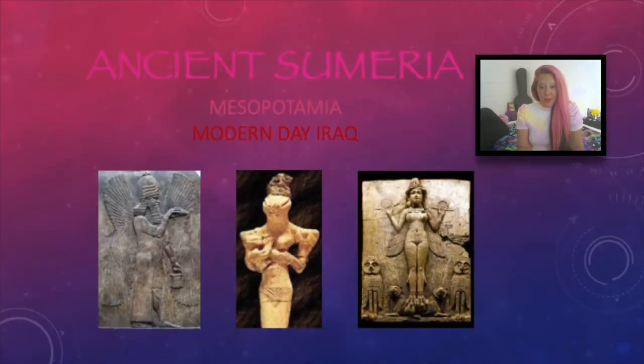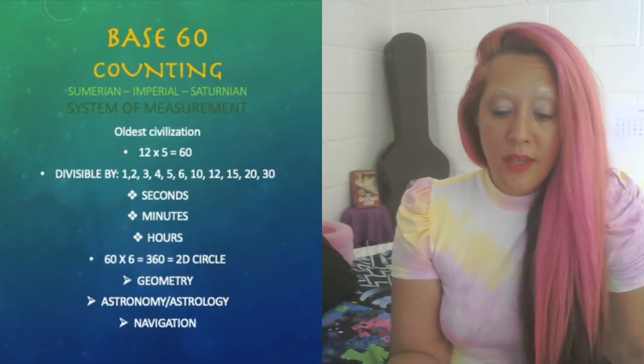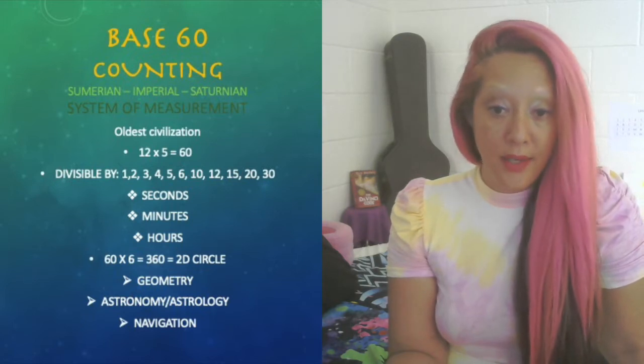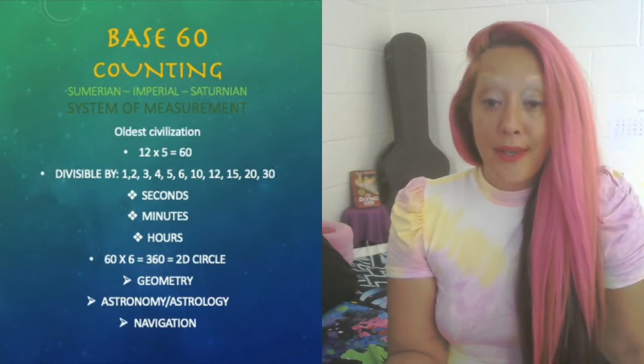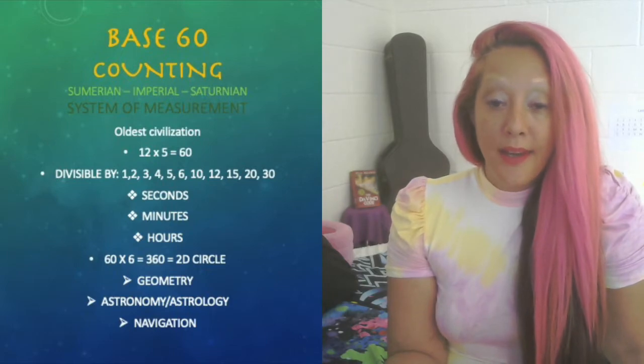So in the last video, we talked about Sumeria, which is modern-day Iraq. And this region has the oldest known civilization. They use a base 60 math system, which allows us to measure degrees in a circle. This is also how we tell time, or cycles. So music is also based on this system. Sumeria has some pretty weird mythology, and they were obsessed with pine cones. Weird. So anyways, we use 60-based math all the time.